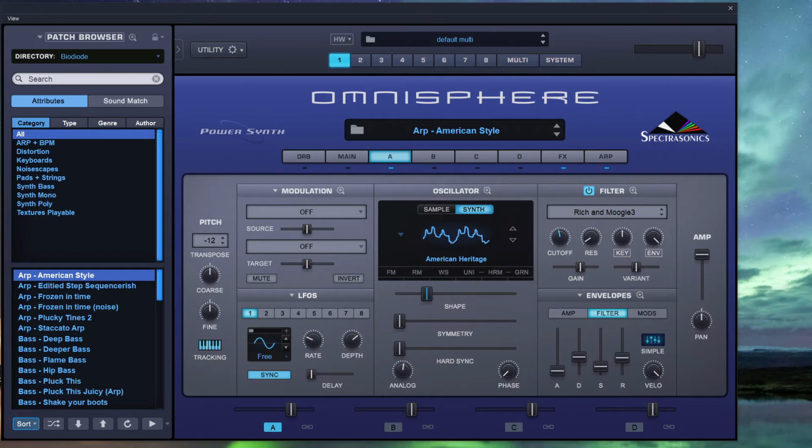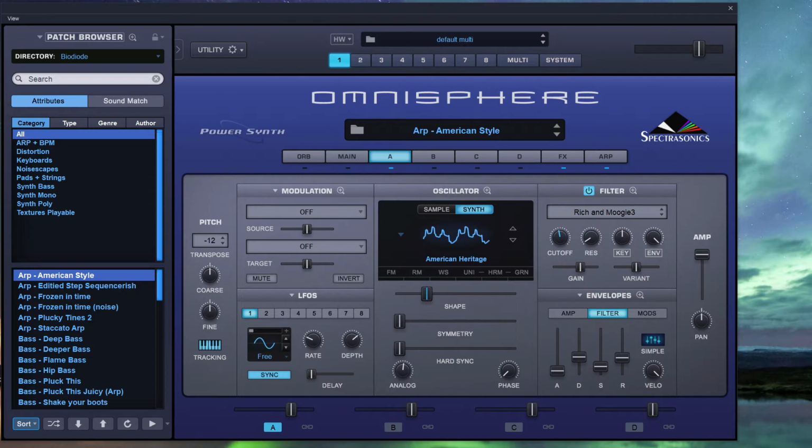So what is an LFO? It's a low frequency oscillator and it operates around about 20 Hz. So us humans can't actually hear the oscillator make any sound. So you think, well, what's the point in having an oscillator that doesn't make any sound? Well, they can be used to modulate other parameters of the synthesizer to give it life, give it energy, give it some movement. And in this little video we're going to have a look at the LFO section of Omnisphere,